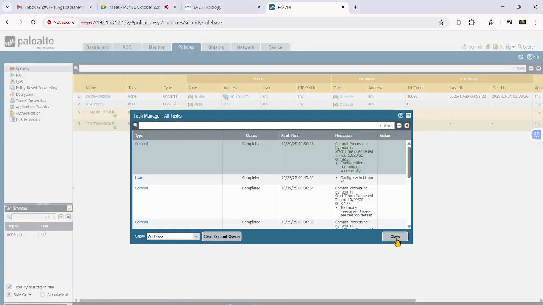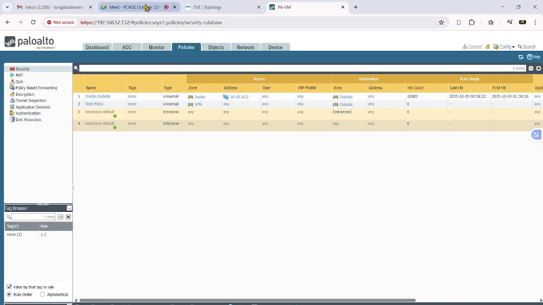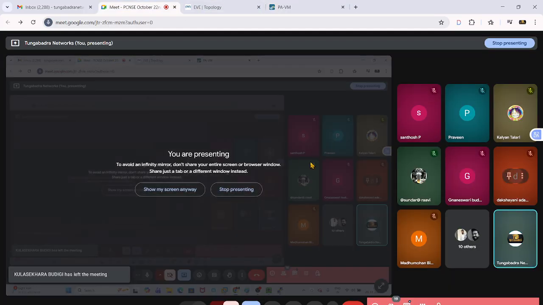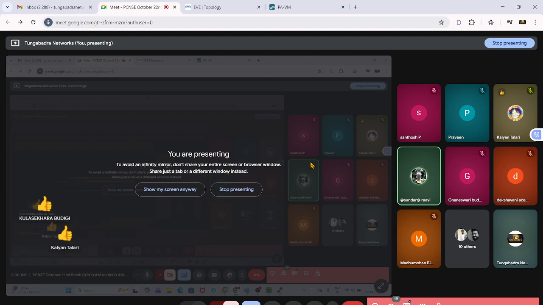Do you have any questions? You understood what happens behind the scenes whenever you click on commit, right? Got it? Karthik, can you explain phase one once again? Phase one. Okay,